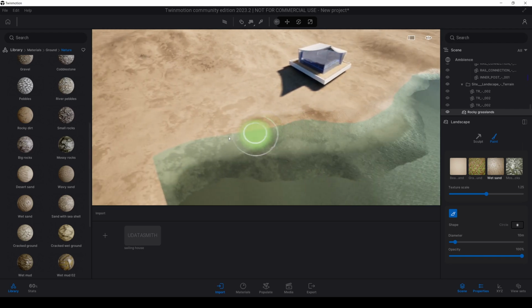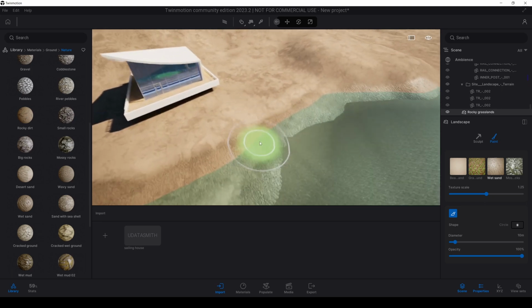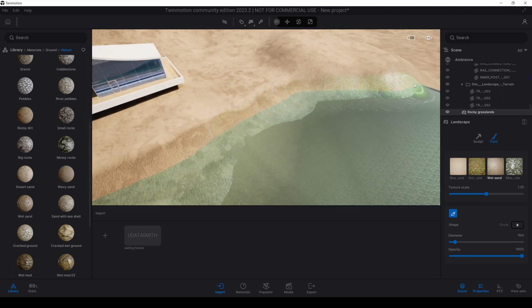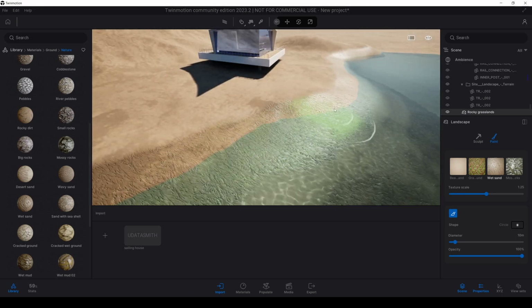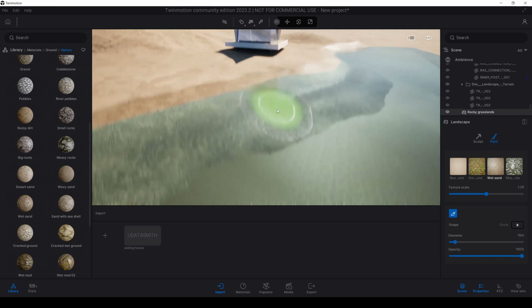To get a more realistic effect, your brushed area will be higher than the sea, than the ocean. It must look as wet. Something similar to this one.